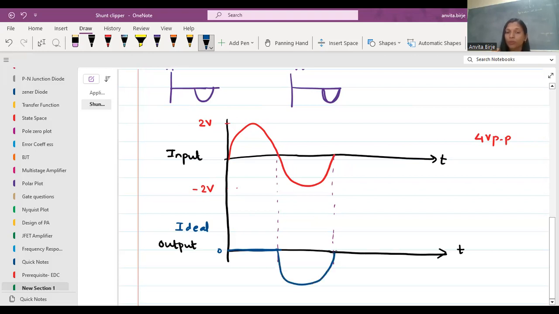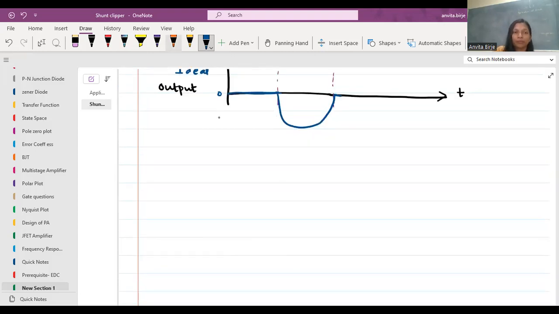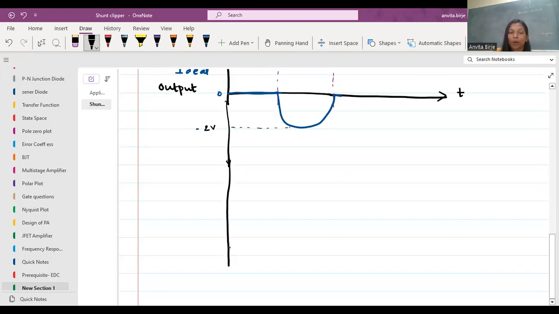Output is equal to input. If I take the magnitude, it is around 2 volts. This is for ideal. If I want to plot the output for the practical diode,